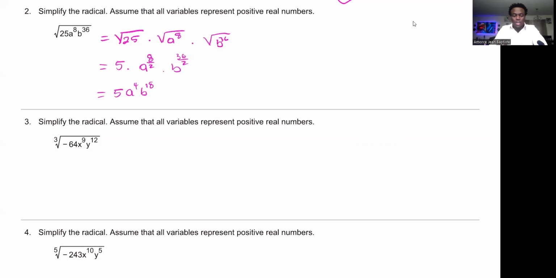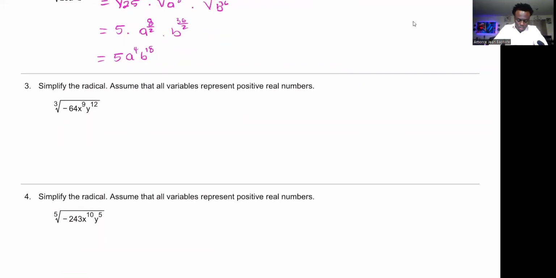That's it. The next, since we have a negative sign, and whenever you see a negative sign inside of the radical, you want to check to see whether you have an odd or an even exponent. In this case, we have an even. If it's an odd and they don't tell you to continue to solve using the I property,